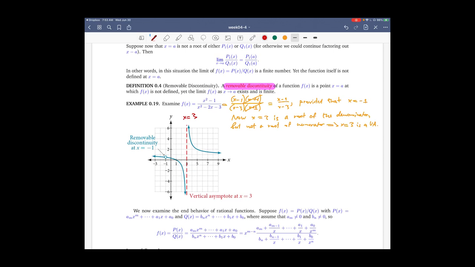But there is also a special point on the graph, which this function, x minus 1 over x minus 3, wouldn't have. But our function is not x minus 1 over x minus 3. Our function is x squared minus 1 over x squared minus 2x minus 3. They're different. It will have a removable discontinuity at the point